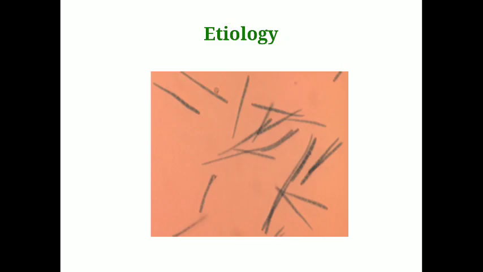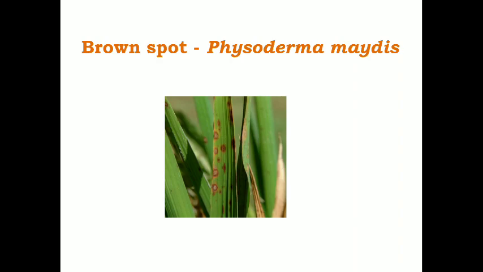So next, that is etiology. Here the conidia are needle shaped and colorless, having cross walls or septa. Next, in the case of leaf spot caused by Curvularia, similar round to oval spots are formed. Then in the case of Physoderma maydis, oval spots later turn light green. Then finally a brown center, and at a later stage the center turns straw colored and is surrounded by a brown margin as shown in the diagram.